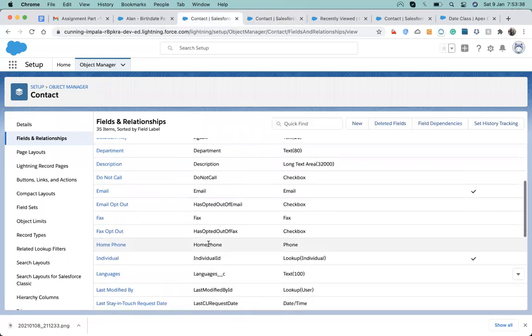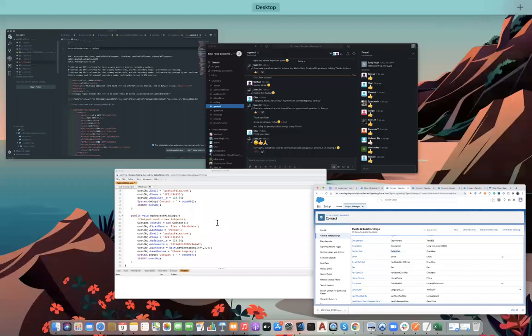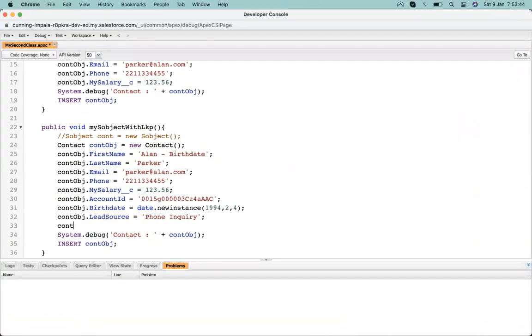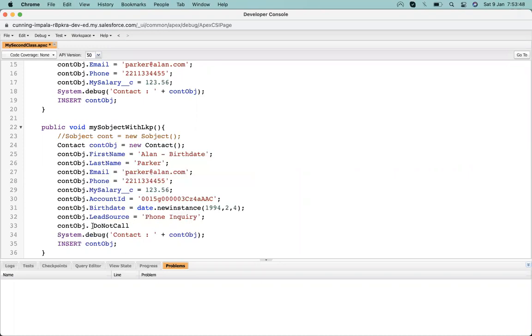If I need to store any checkbox, such as do not call, I will come up here, contObj dot do not call.